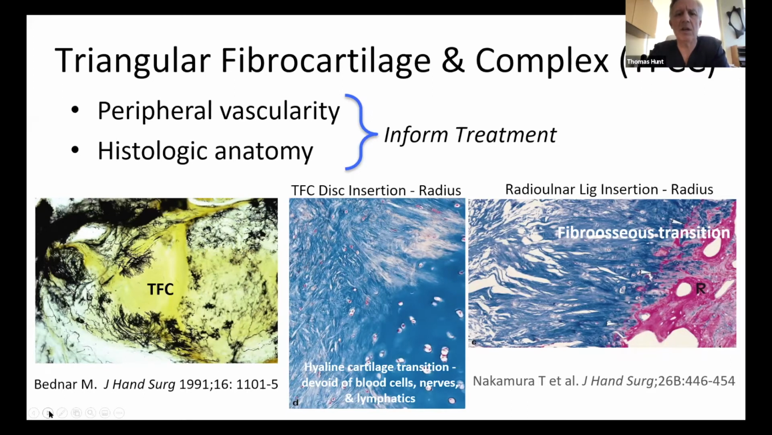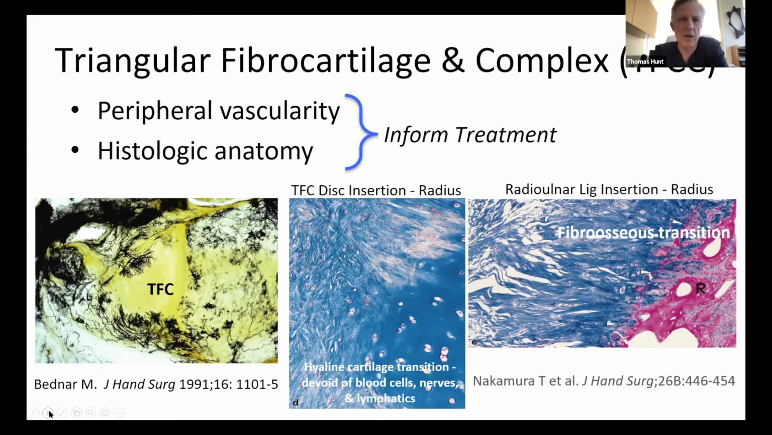So you can see here the triangular fibrocartilage disc as it inserts into the radius in the middle. And really the fibrocartilaginous disc is inserting into hyaline cartilage. So there aren't any blood cells, there aren't nerves, there aren't lymphatics in this attachment, as opposed to the radial-ulnar